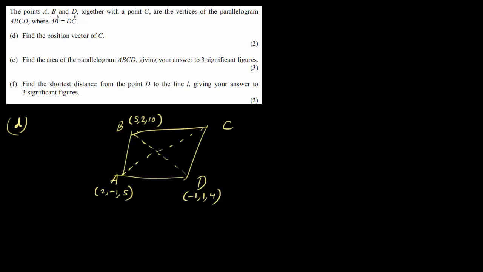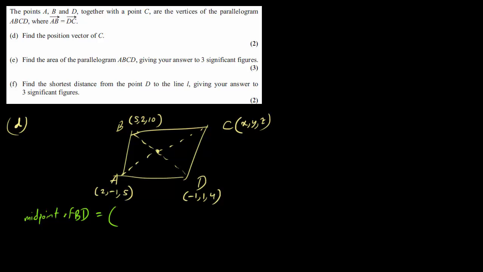So if you have this diagonal, if you find the midpoint of BD, then it would also be the midpoint of AC. So they will have the same midpoint. So x, y, z is the coordinate of C. So let's do this. This is a rule we use from C1, how we find midpoint. So first of all, midpoint of BD